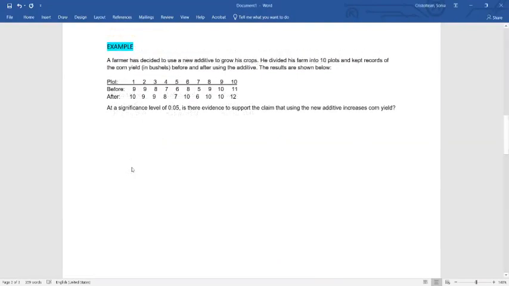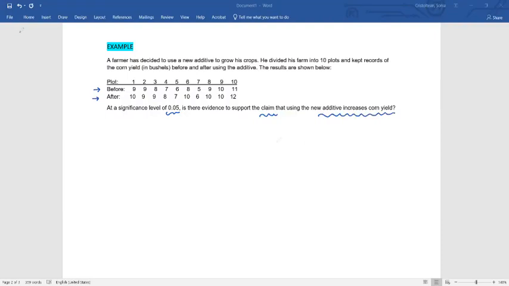A farmer has decided to use a new additive to grow his crop. He divided his farm into 10 plants and kept records of the corn yield in bushels before and after using the additive. The results are below. Let's take a look at these results. So we have a row for before and after using the additive. The question is, at a level of significance of 0.05,